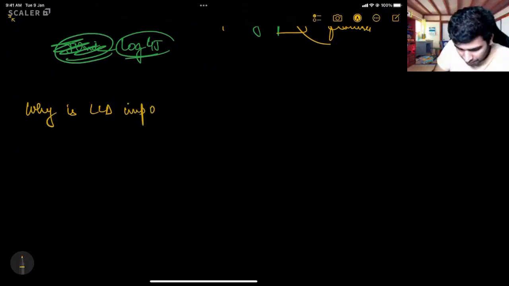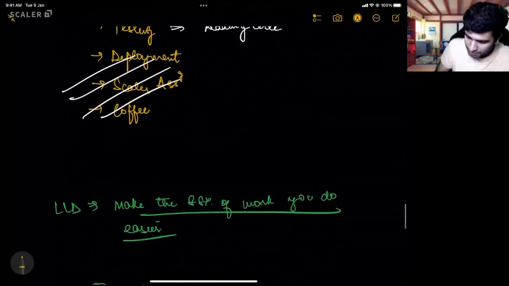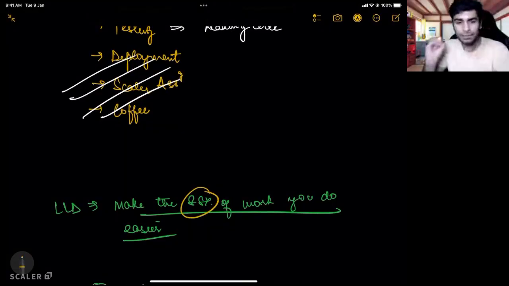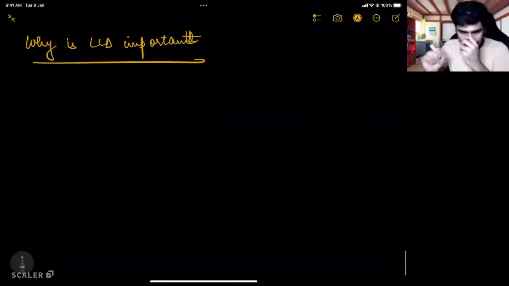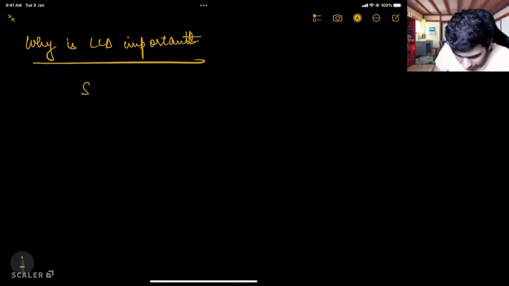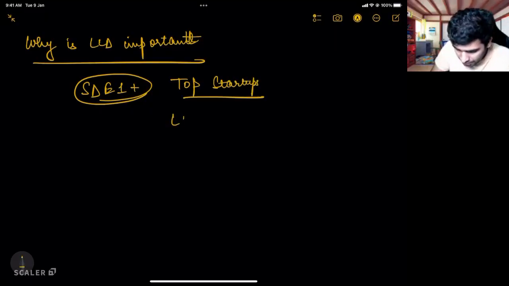We have discussed the software engineering part already, that it is important in your day-to-day job because that is the work you do for 88% of your time. But many of you might also have an interview as a goal. These days, if you apply to top startups, even for SDE1, you will have at least one LLD or machine coding round.